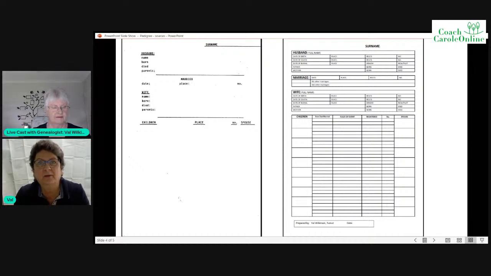And you could probably be sure that the parents are pretty correct. Most of the certificates in Australia have when the parents were married, and that's where you need to use a little bit of circumspection. I had a lady once that I was helping with her family, and they were a